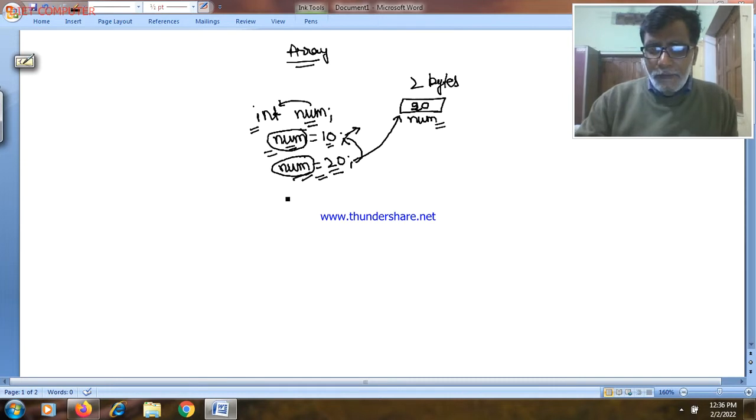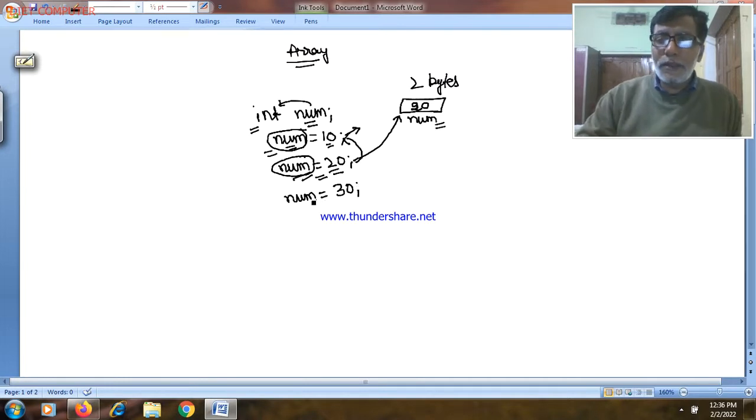Again, if in any line you are attempting to store value 30 by writing the initialization statement num is equal to 30, then during runtime, when the compiler will be processing this assignment expression, initialization expression, then the compiler will